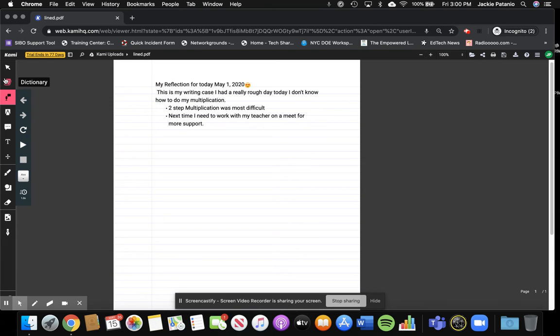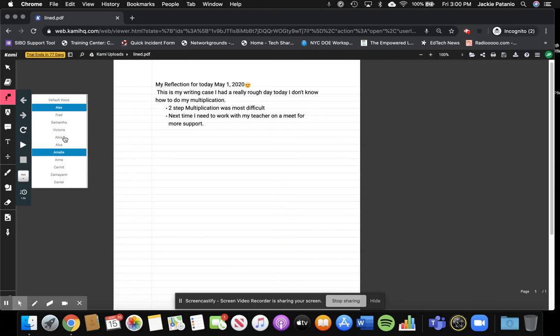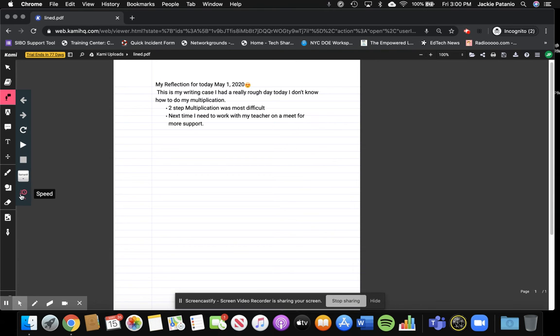So right down, so I was at the select tool. If I come down here, text to speech, you see that it is now highlighted. It has the rim around it. I have the voice that it is set to. I could change it to a female, a male, and I could also change the speed once I listen to it to slower or faster based on my level of cognition and what I need to accomplish as a student. So what I'll do is I will click on,